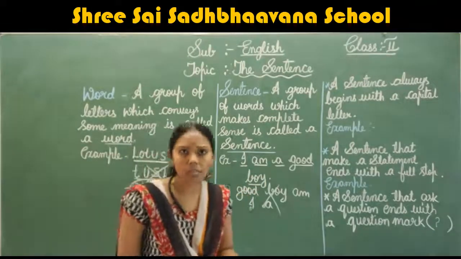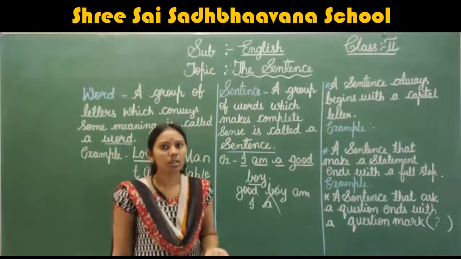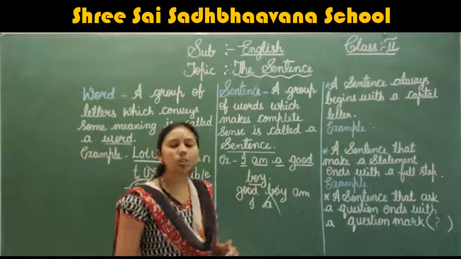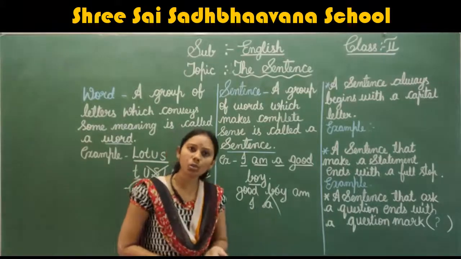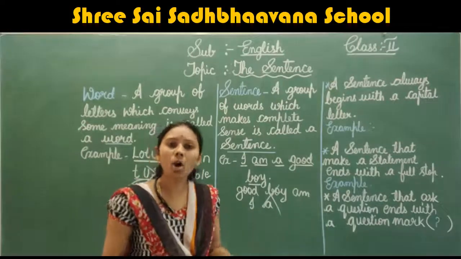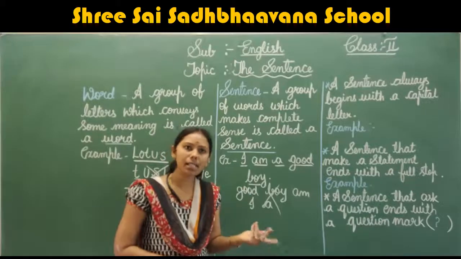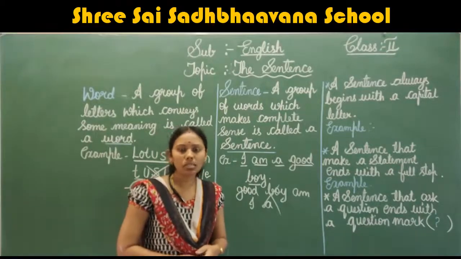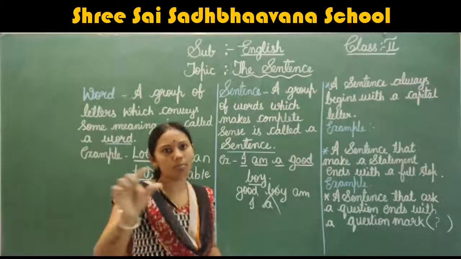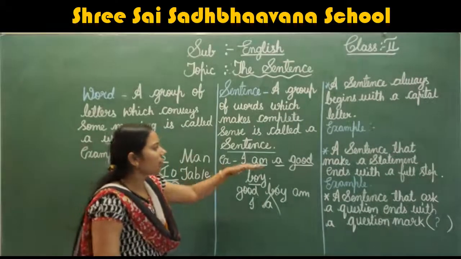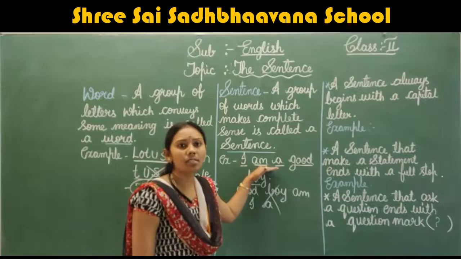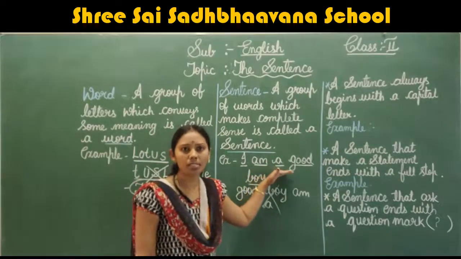Some more examples we can say. I gave I am a good boy. You can give some other examples for sentences. I will go to school every day. I love my parents. He is a brave boy. Yes? Like this. Any examples you can give. Proper sentences. Then, while doing sentences, what do you want to understand first?